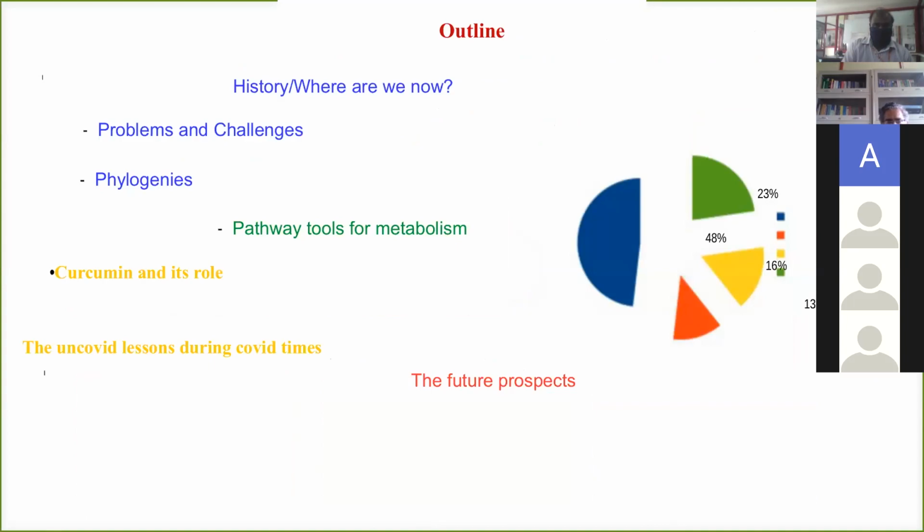I'll split my talk into 3 different stories. One is on the history and the kind of pathogenesis, and then I'll move ahead, giving some problems and challenges from the phylogeny that we have done. I'll also try to describe the pathway tools for metabolism. And the most important part of my talk is curcumin, which was proposed by Professor Kavikishore sir and Professor Giri sir, which allowed us to work on docking done by Abhinav and Renuka. Then finally, I'll conclude with some perspectives.